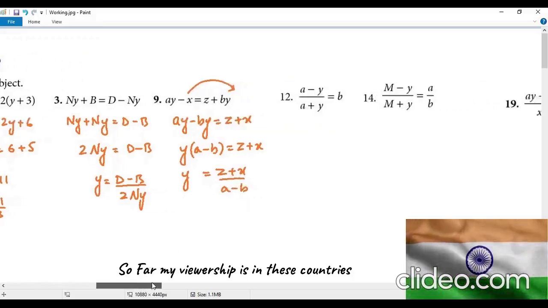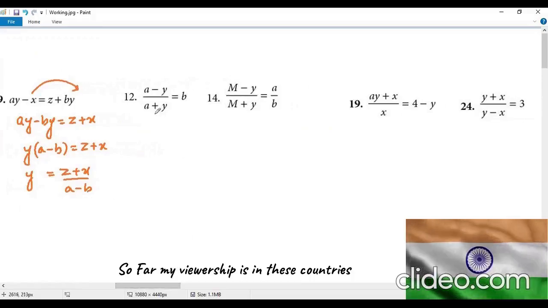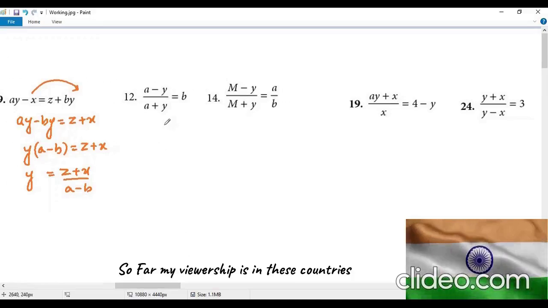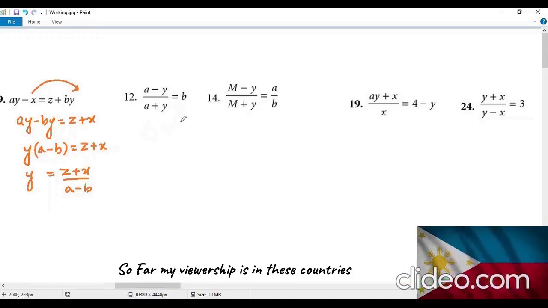Moving on to the next question. It says a minus b over a plus y equals b. That means we are multiplying b with a plus y. So a minus y will remain here, and b is going to be multiplied by a plus y. Now I will bring